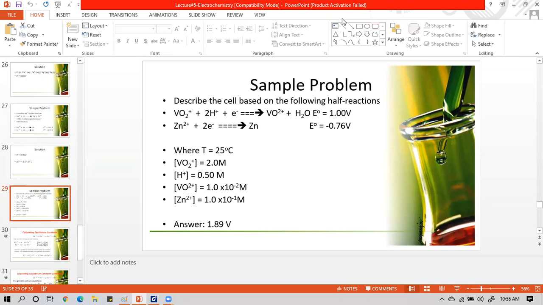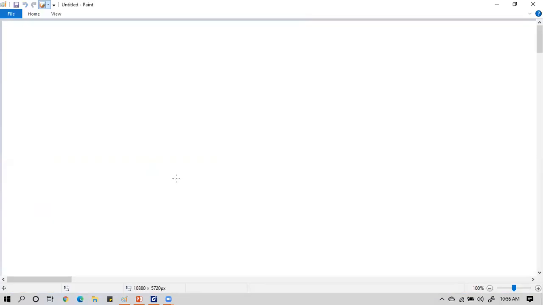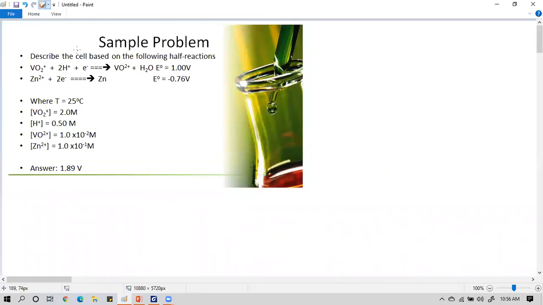Okay, next sample problem. Describe the cell based on the following half reactions. Another line notation, and then you will calculate the E cell of the reaction. Meron na tayong mga concentrations here. As you can see here, papansin nyo. So, first step here is to